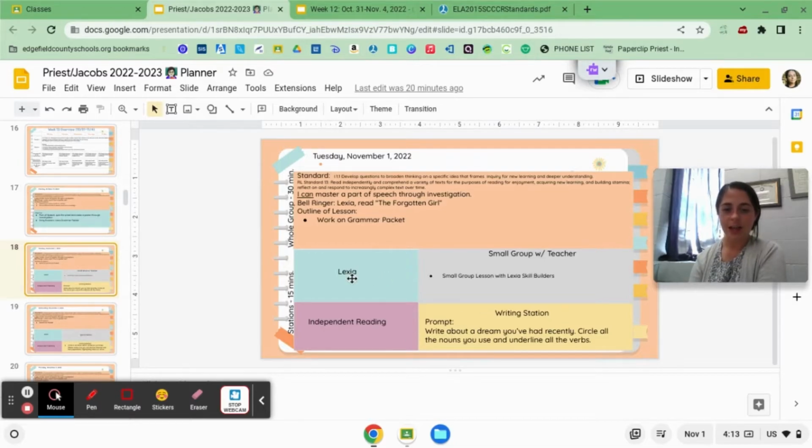Now, my stations, I always have a Lexia station so they can get minutes in on Lexia. I always have an independent reading station because I really think it's important to have some time to read for enjoyment and to read anything you want. They'll be able to read whatever book they want for 15 minutes, their sacred independent reading time. So on Tuesday, I'm going to have a small group with me where I use some Lexia